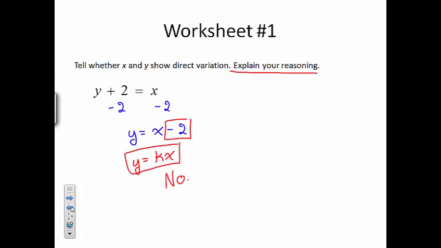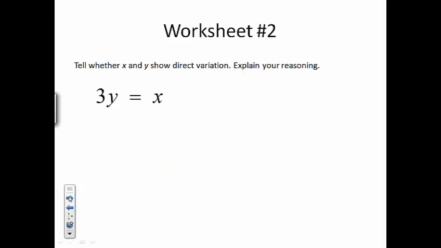All right, now that we've done worksheet number 1, go ahead and do number 2. Number 2, we have to isolate that y. So we have to get rid of that 3. You can do it one of 2 ways. Divide by 3 to both sides. We get y equals 1/3